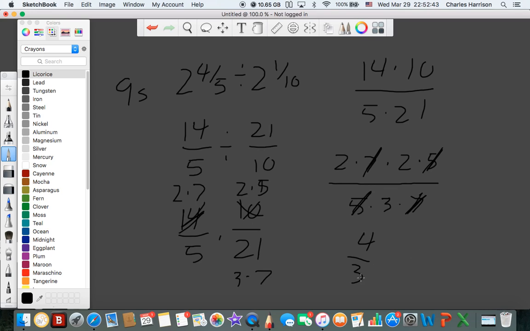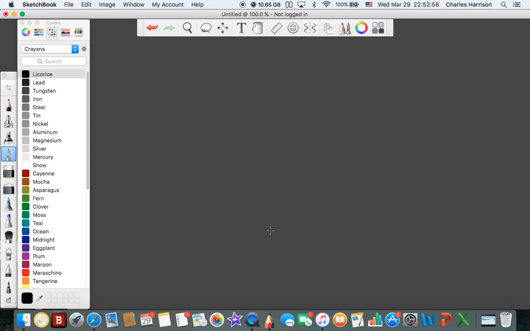So how many times does 3 go into 4? It goes into it once, and what's the remainder? What's 4 minus 3? Well, that's 1. I skipped some steps, but that would be the answer. The mixed number would be 1 1/3. All right, let's go ahead and take a look at 9t,